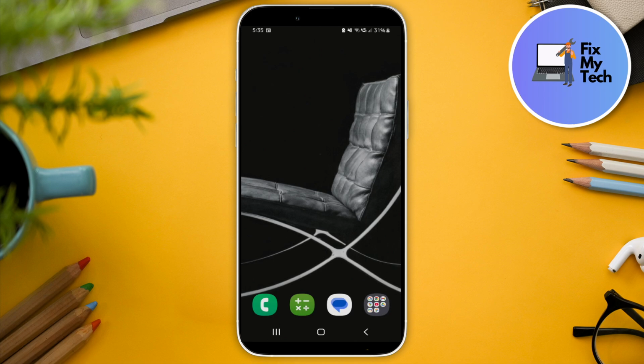Hello everyone, in this video I'm going to be showing you how to set your default browser on Samsung Galaxy. So the first thing we need to do is simply go to Settings,